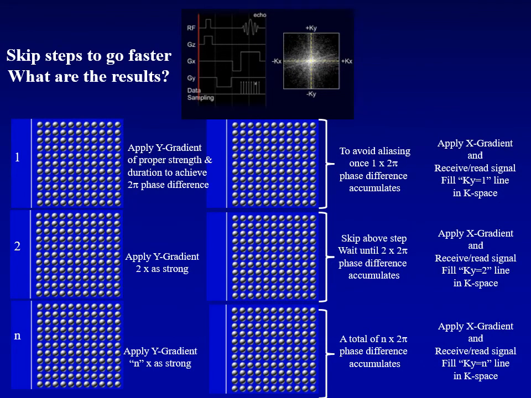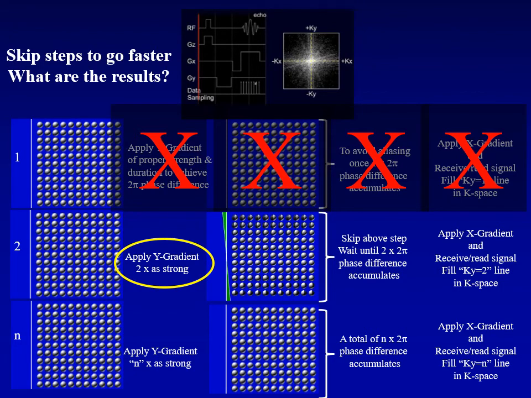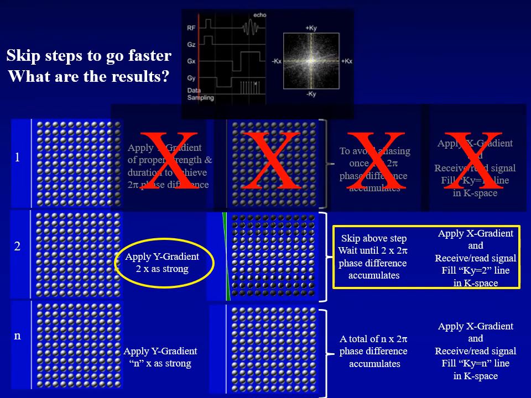What happens when we skip steps to go faster? What are the consequences? What are the results? Well, if we skip this first step completely, where we waited for the bottom and top row to get 360 degrees out of phase before we turned on the x gradient, and went directly to the second row and applied a gradient twice as strong, such that we got 2 complete revolutions of phase difference between the top and bottom rows. So we've skipped that whole first step, went right to the second step,